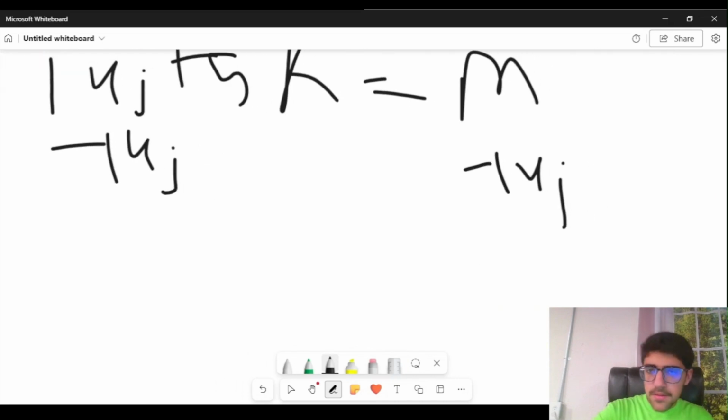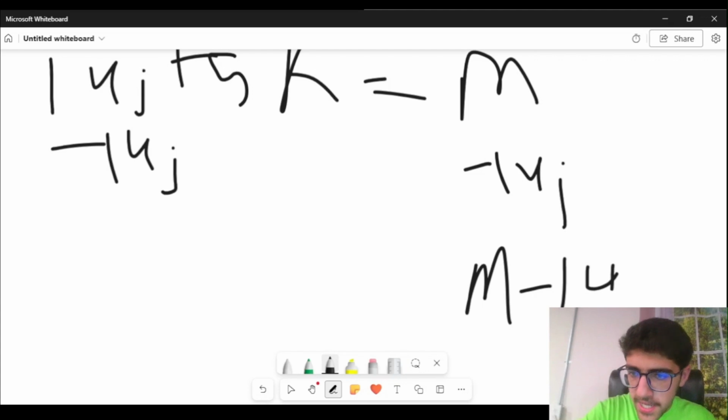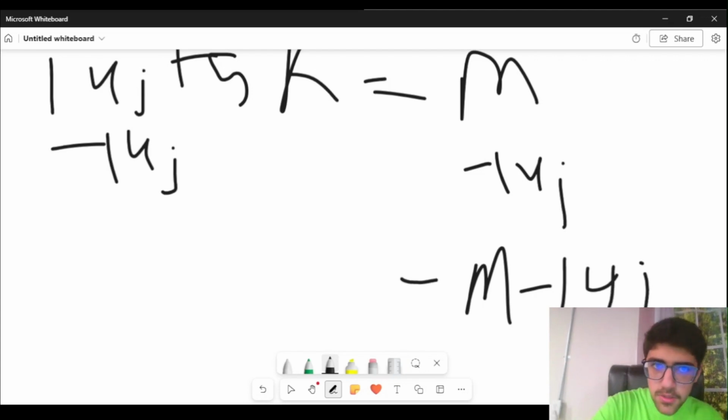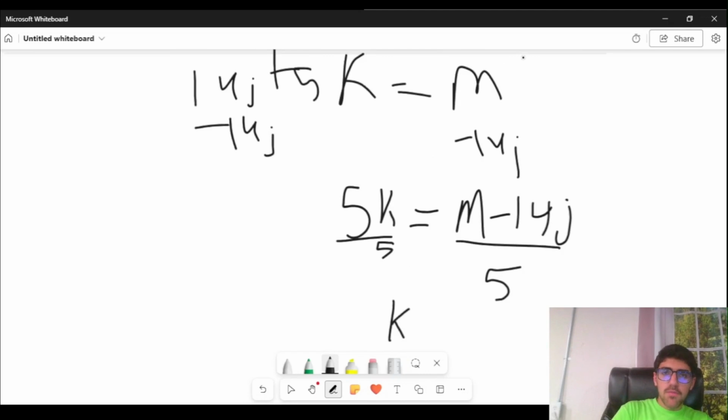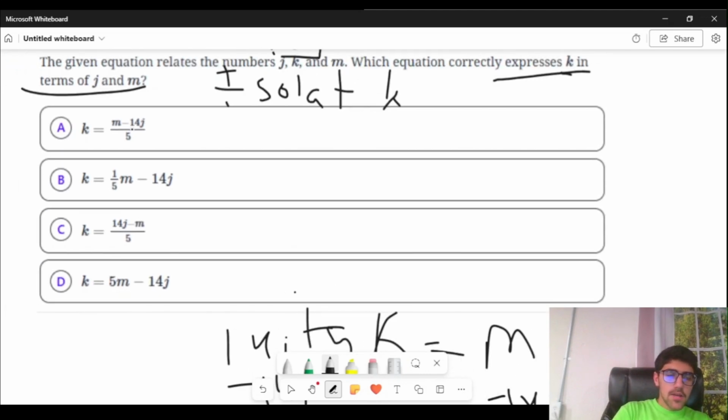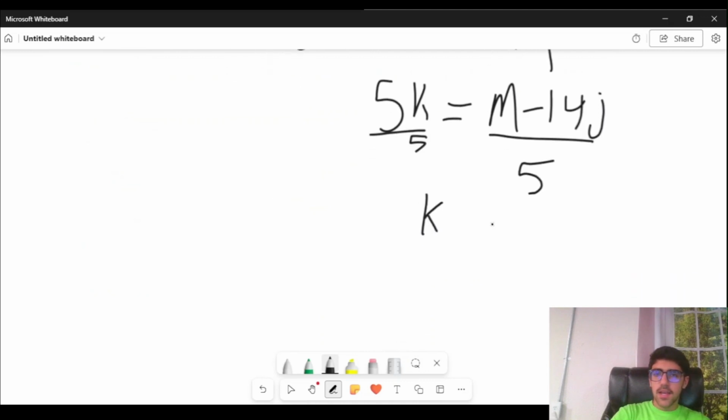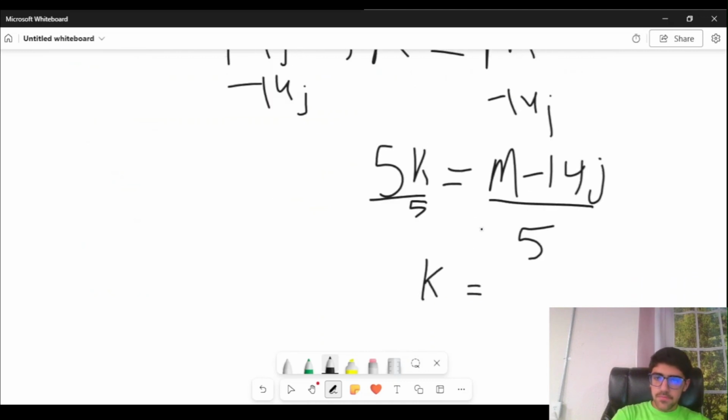So then you get m minus 14j is equal to 5k. Then you just divide both sides by 5, divide this whole thing by 5. You get k equals, let's just see what form the questions are in. So yeah, they didn't put the 1/5 on each one, so we can just continue like this. K is equal to m minus 14j